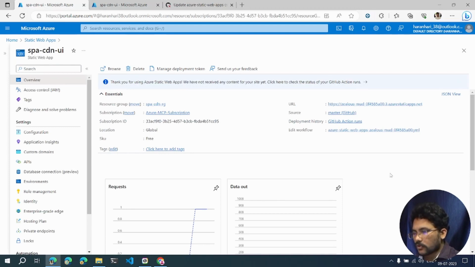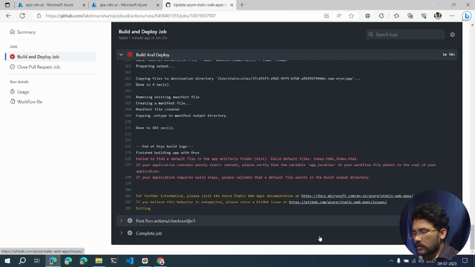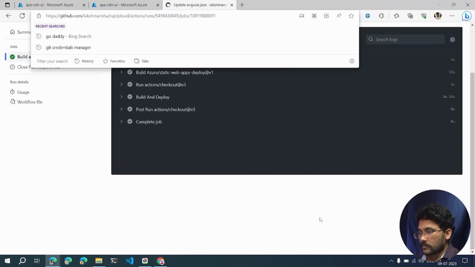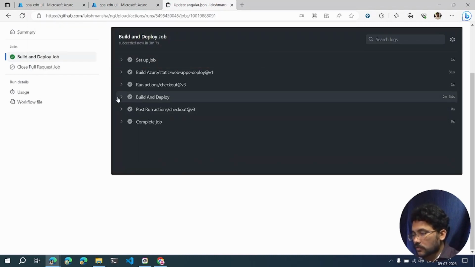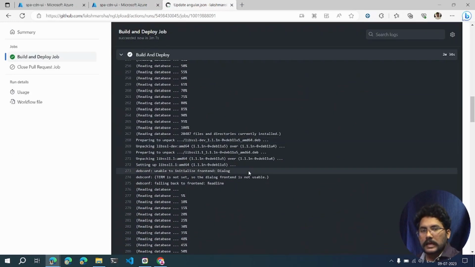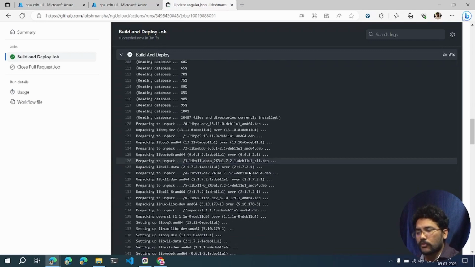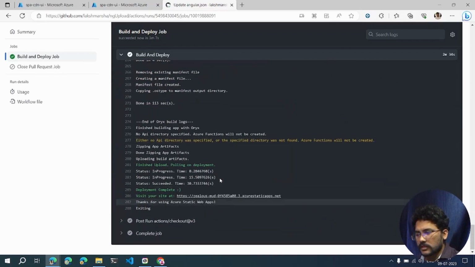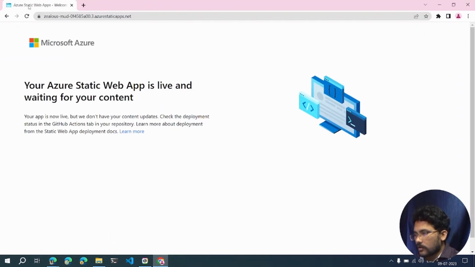One sec, let me solve it and come back. So we have solved that build issue. What we have done is, in Angular.json there was dist slash the application's name, so we removed it to only dist, so the application got deployed here. So when we refresh,